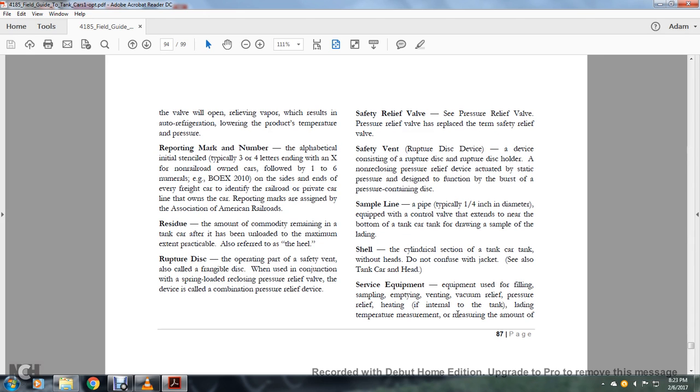Rupture disc: an operating part of the safety vent, also called a frangible disc. When used in conjunction with a spring-loaded reclosing pressure relief valve, the device is called a combination pressure relief valve. Safety relief valve: the term pressure relief valve has been replaced with the term safety relief valve. Safety vent, or rupture disc vent device: